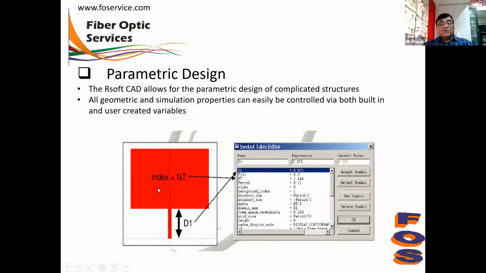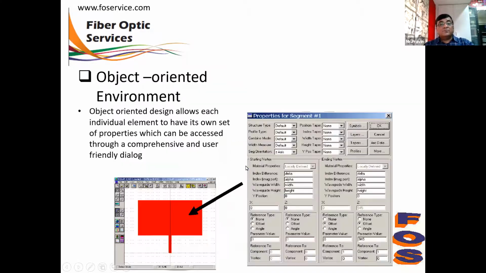So if you are using the same parameter in multiple segments, you need not change that value in each of them. Rather, you define that parameter as a symbol, and just by changing the value in the symbol table, that change takes place in all the segments.